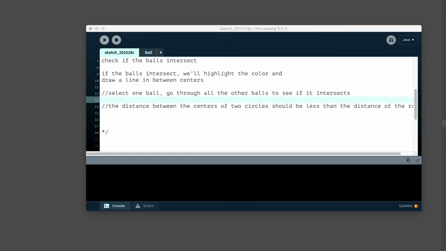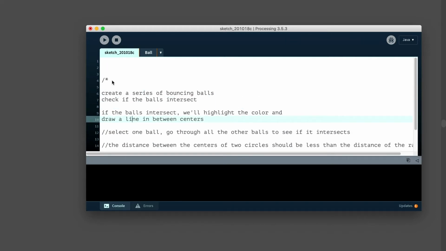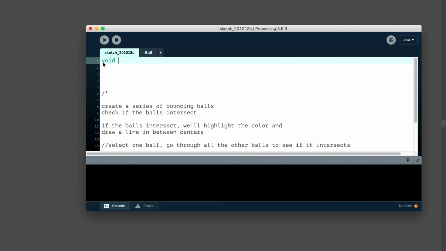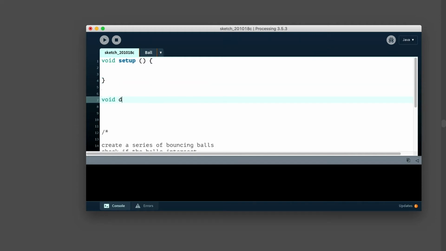Again, we need to go now into our code, into our void setup and void draw, and start to integrate these things. We have these different algorithms. Let's start by just setting it up. So we have void setup here. Size, let's do 960 by 540.